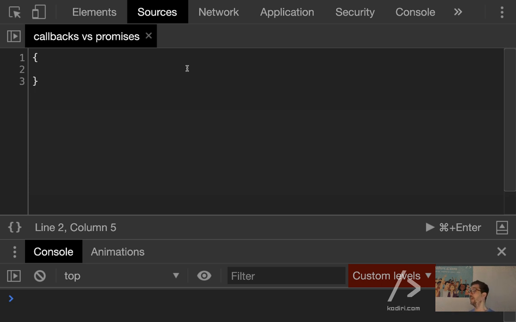Correct. It's a type of higher order function. You remember higher order functions when they run as arguments? Yeah? So a callback is a higher order function running as an argument. And then the question is, why do we care about callbacks? What's the purpose of having callbacks?